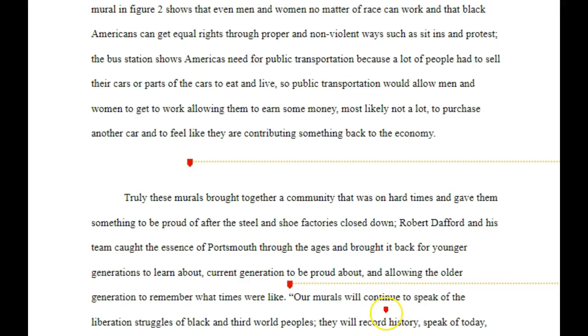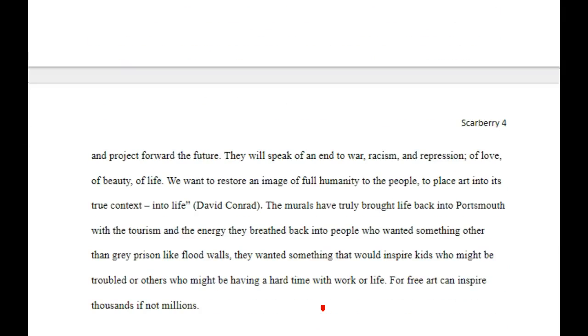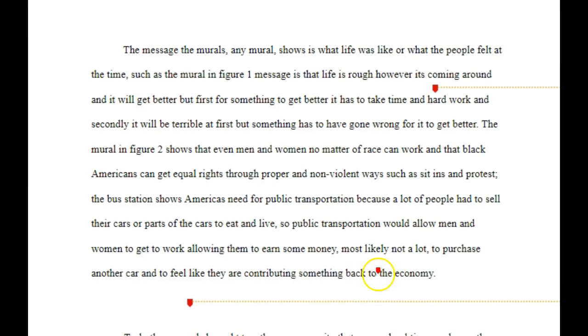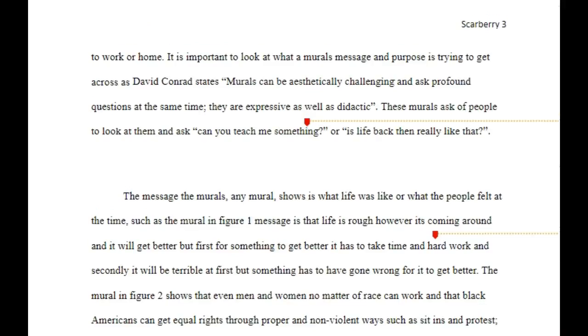Quote integration was another thing I was looking at, and it's a no-no to go from your writing to a quote with no setup and no transitioning between the two, and that will need to get worked on. You also need to integrate more than one source. I think you needed two, and so there's David Conrad, there's also True Fight, there's also the documentary. You could paraphrase that, I think, if you wanted to. So there's work to be done. I think you have some promising things, especially in this paragraph right here, that you can build your